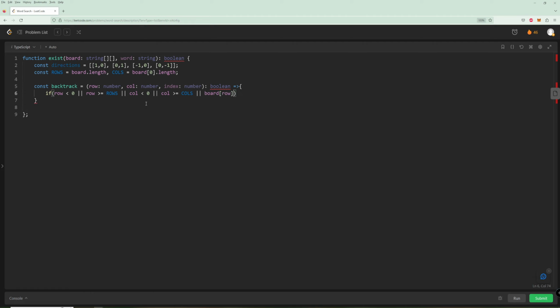So board[row][column] does not equal the word's letter. So if any one of these is true, if we're either out of bounds or the letter doesn't match,